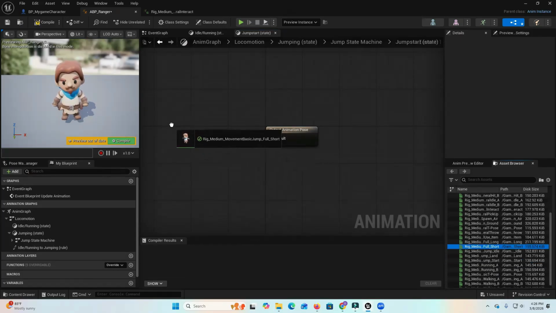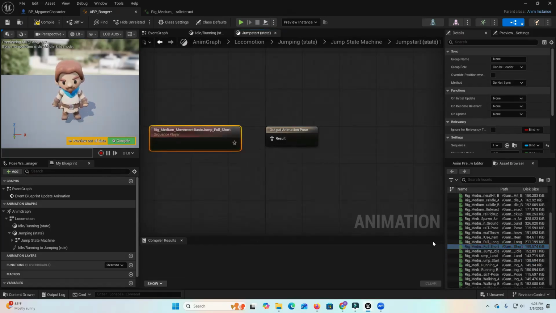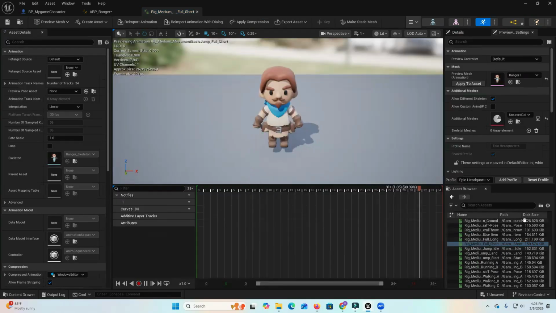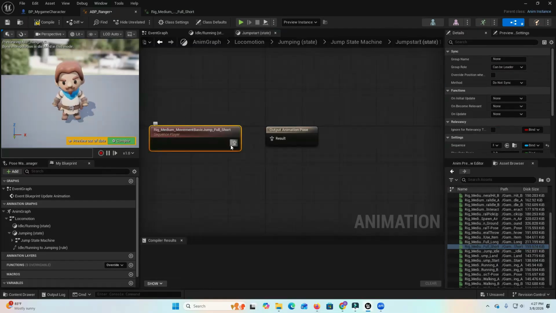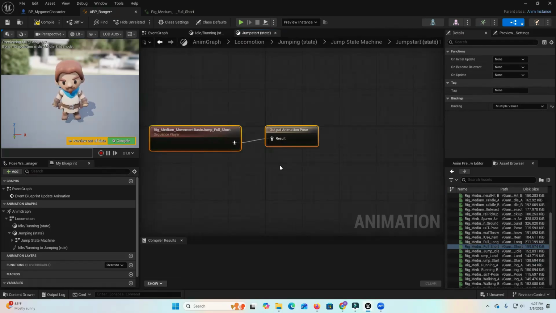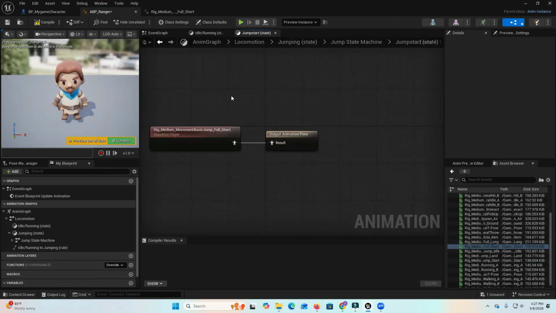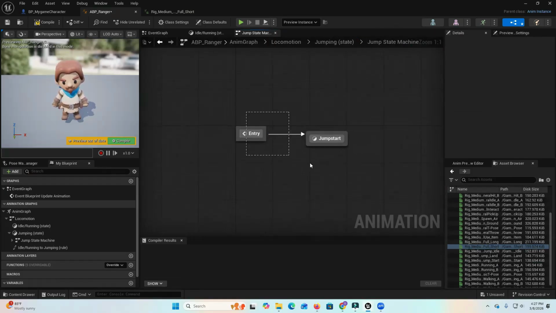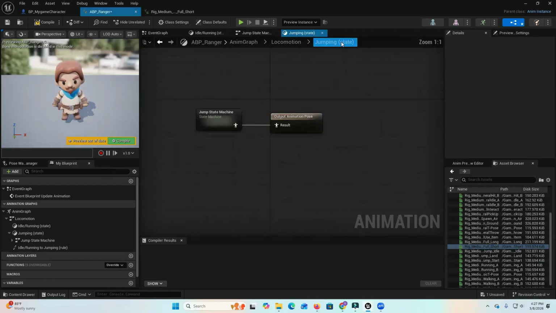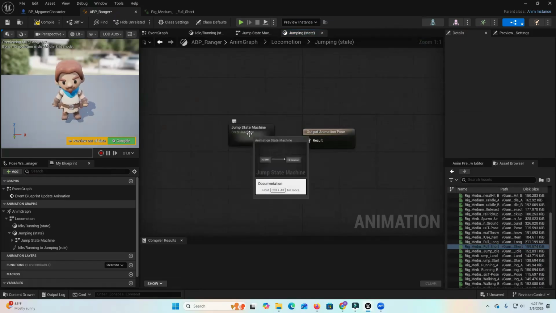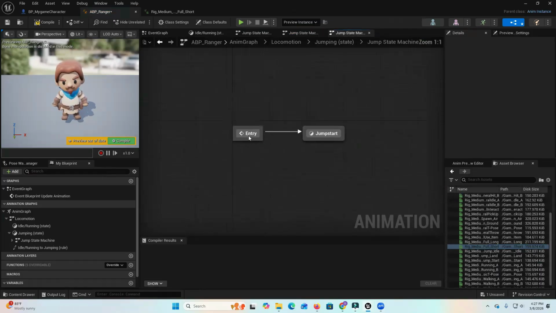Drag this across. Double click to see the animation. Alright, I'll log this. Press Q. So that's the jump start animation. To go back out, press this. That's the jump start. To go back again, this is the jump state machine. Back inside this, drag across,